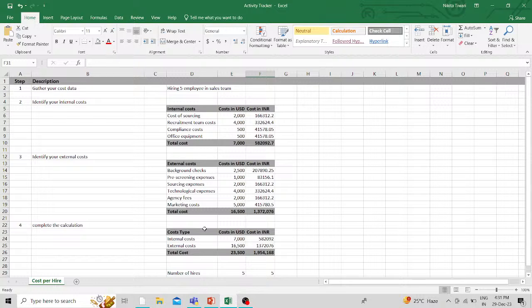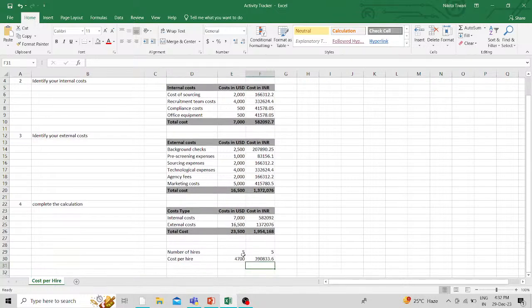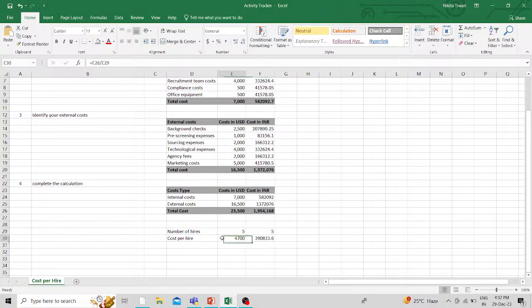For example, just like we calculate the internal cost, right? If you want to start hiring next month, first you have to follow these steps. First you have to identify your internal cost, your cost data, so first you have to gather that. Then you have to identify your external costs, what is the costing of the external parts of the organization, right? Then you have to see your total cost, the external and the internal. Then you have to divide your total cost by the number of hired employees, so you can find your cost per hire,